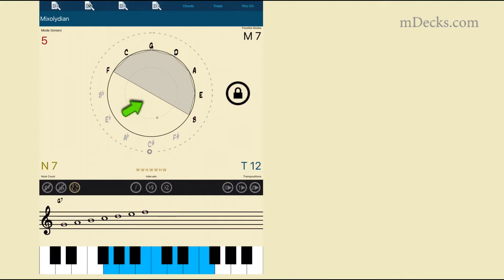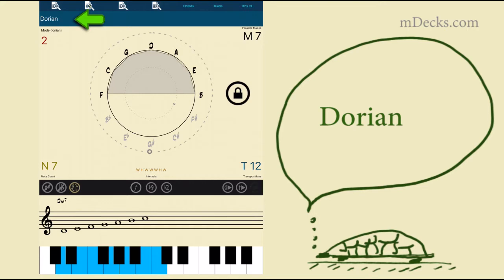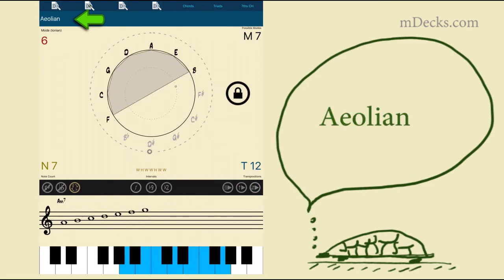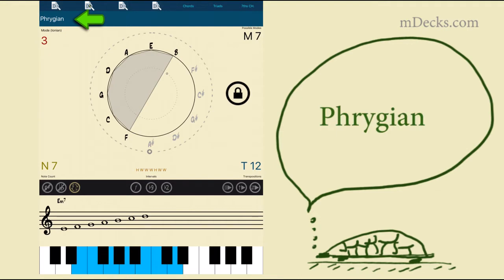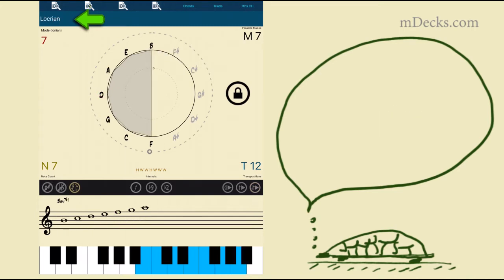As you can see, we can turn the graph using the inner wheel to see what other modes we can find in the major scale. So here's Dorian, which is mode 2. Aeolian, Phrygian, Locrian,